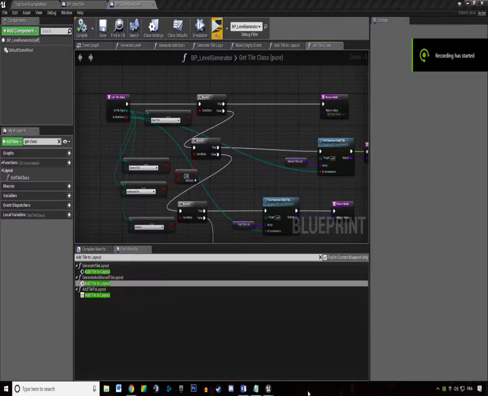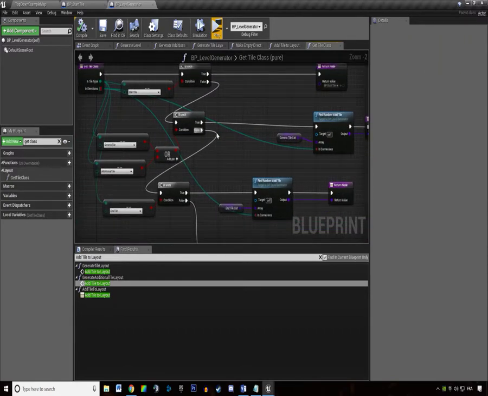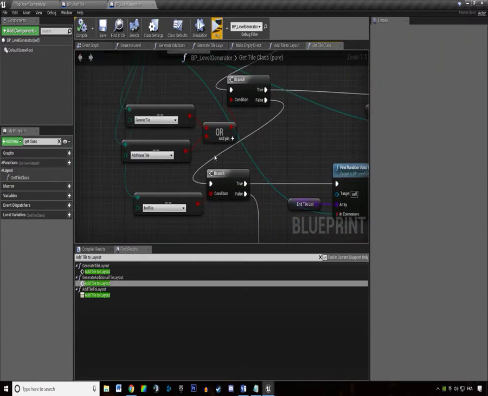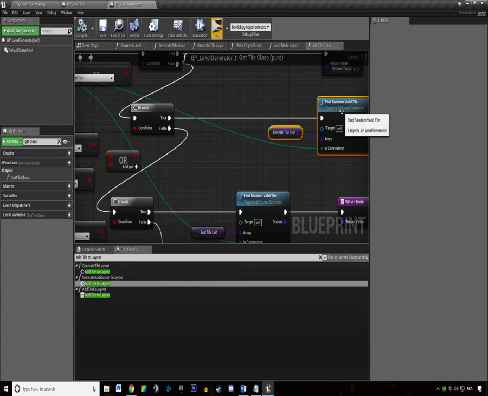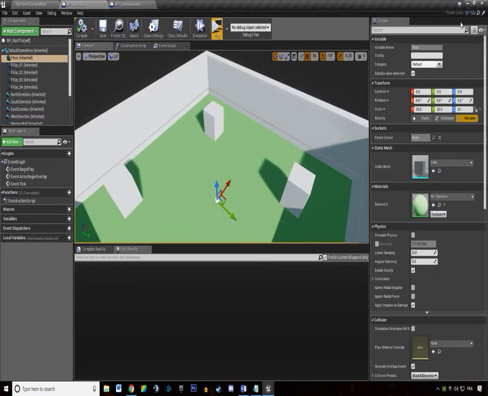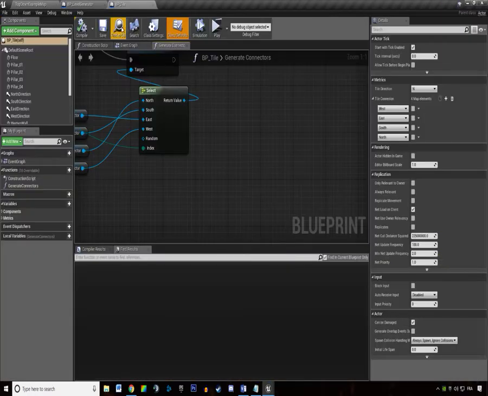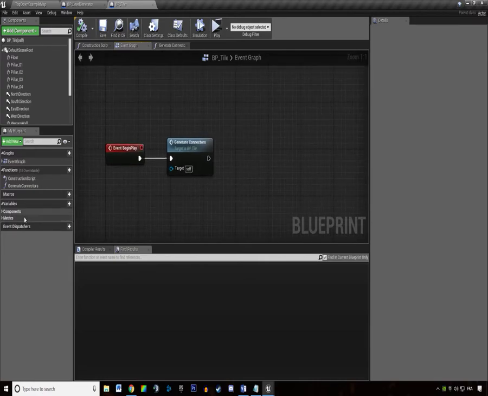Alright, we are back at it, ladies and gentlemen, and I just want to make a little change in here. I want to make the additional tiles red, and in order for me to do that, I need to go in our BP tile, and in begin play, I want to say